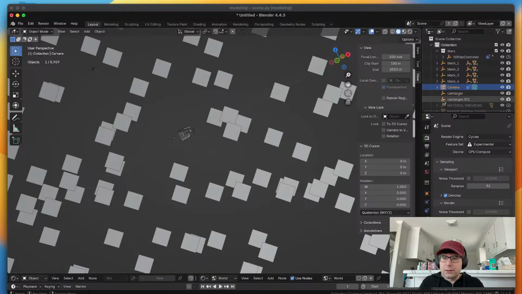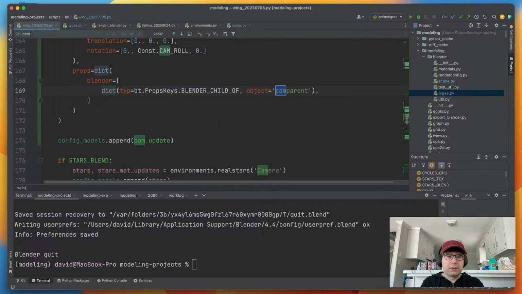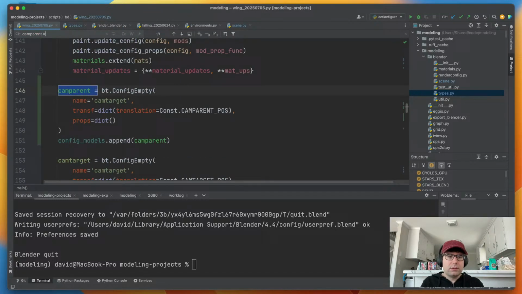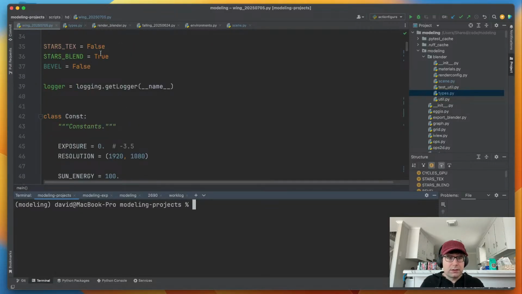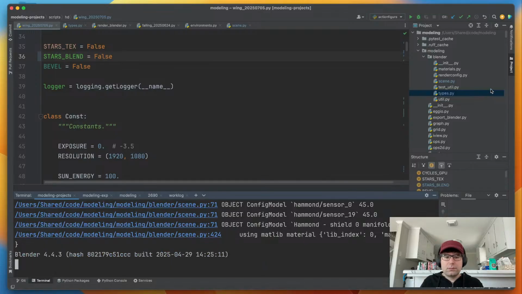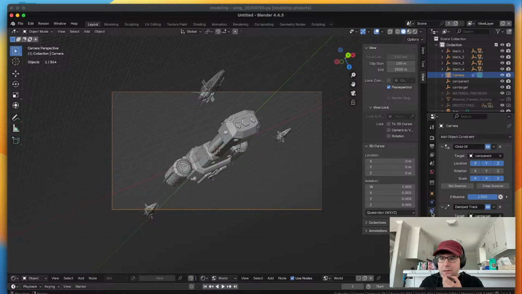Let's see what happened. We have 2 cam targets. Cam parent. I think I just forgot to rename it. Cam parent. Yeah. Okay, and I'm gonna disable the real stars for a second, so we can iterate on this a little faster. Okay, cool. That's right, it's just upside down, and I think that's because